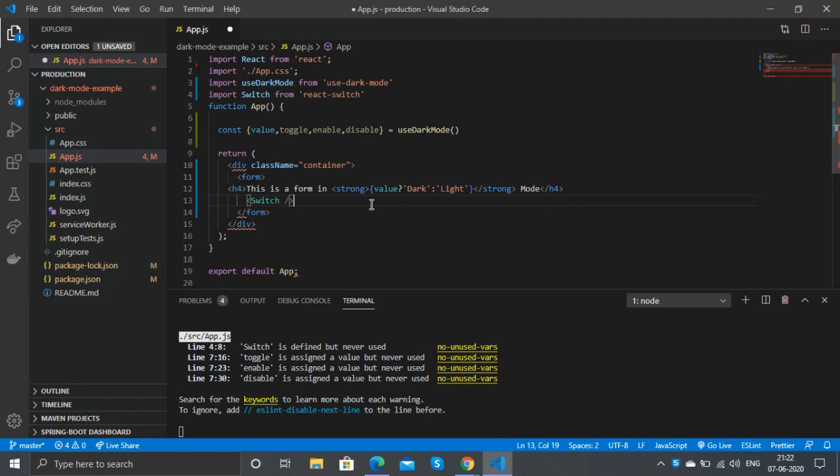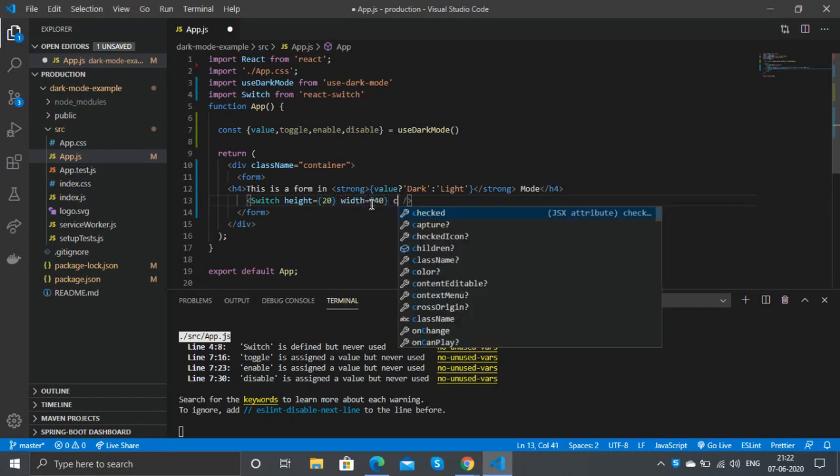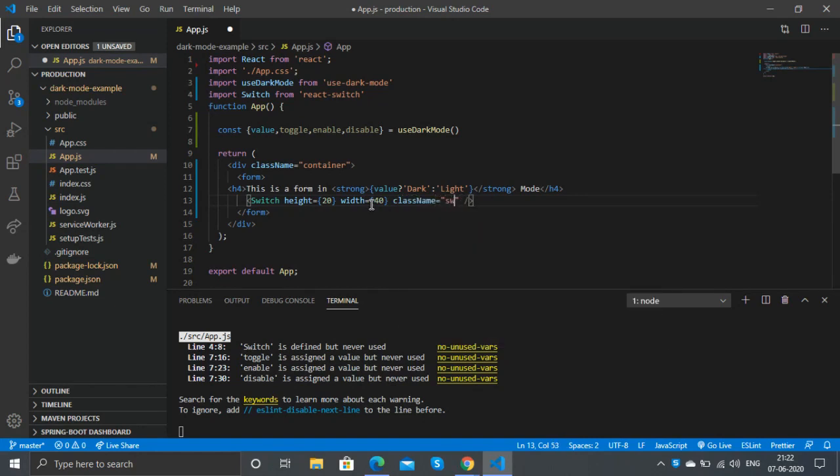Now we will add the switch. We'll give it a height of 20 and a width of 40. Can give it a class name of switch. So for the switch we can give an on color and off color.